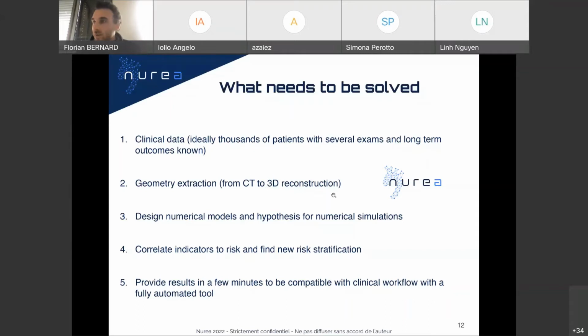There are different clinical studies showing that the different parameters could be correlated to the risk for the patients. But it's so time consuming and so complicated for now to extract these geometries from clinical data that the studies are reduced to just 10, 20, maybe 50 patients. But that's still not enough to prove any